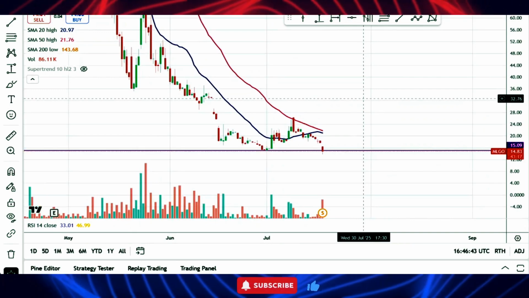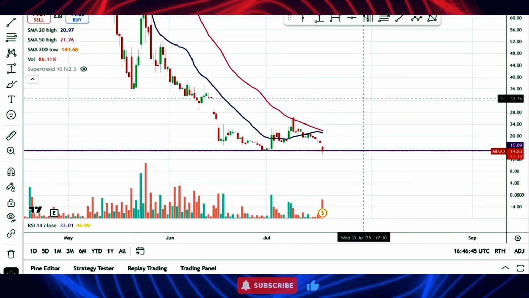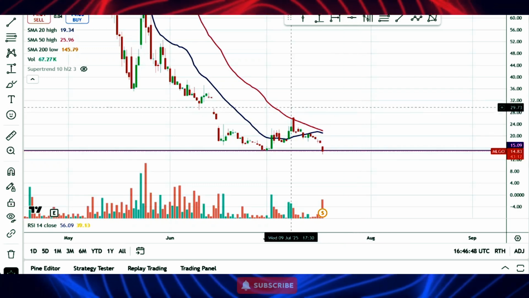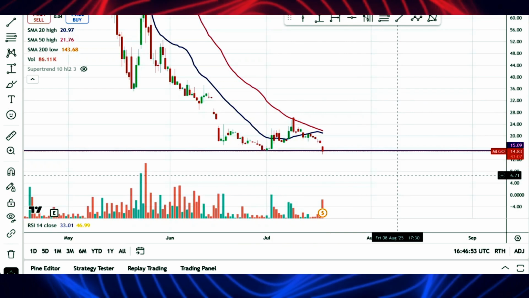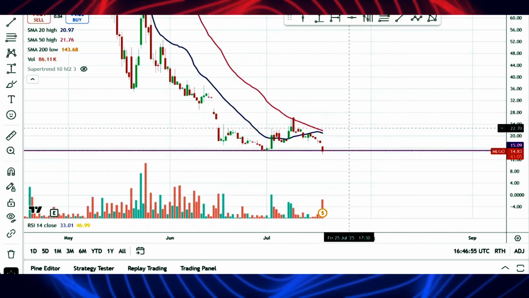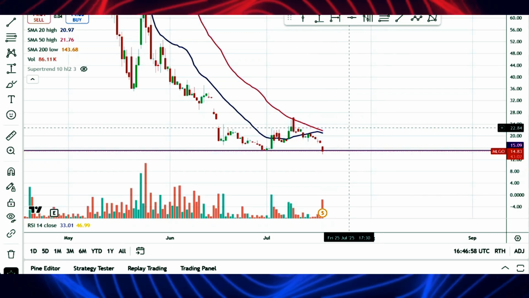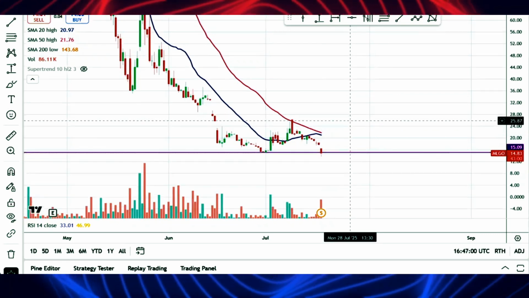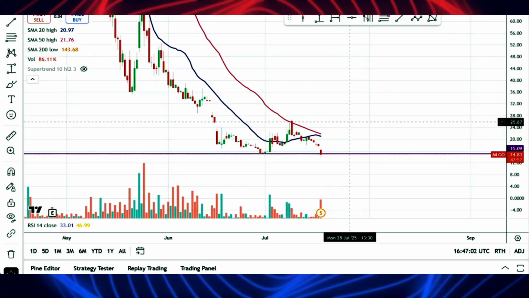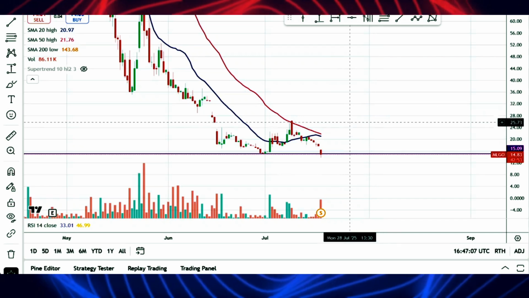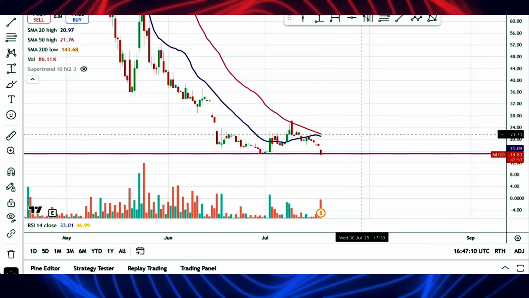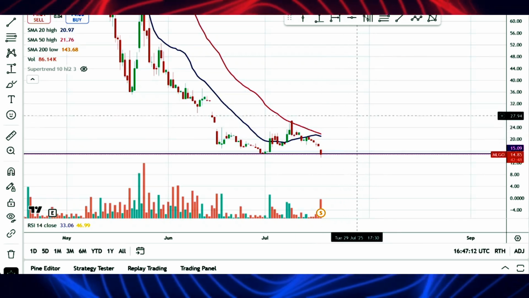So again, nothing is financial advice. I'm just telling you what I'm doing. As I predicted in the previous video, I was waiting for it to do a double bottom, which I had an alert set for. And since it did hit the double bottom, I'm taking a position. Ideally, I should wait until right before the market ends to make sure it's closing above this $15 mark, but I feel pretty comfortable. So I'm personally taking a position because